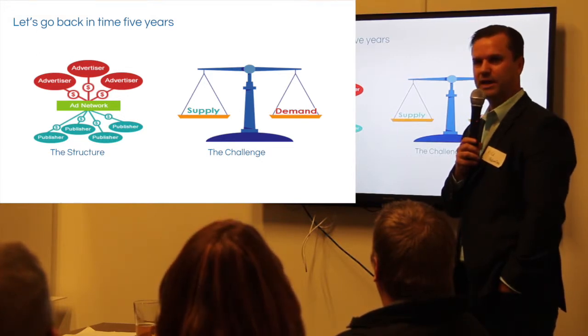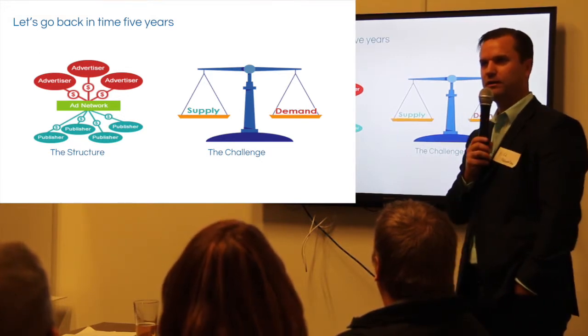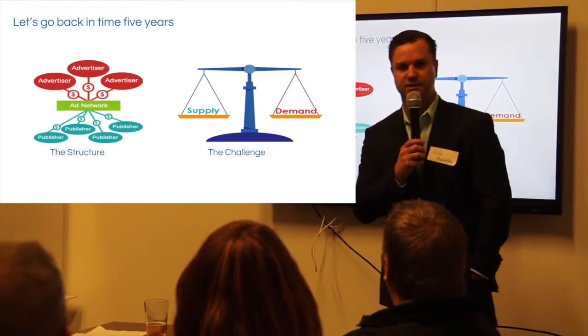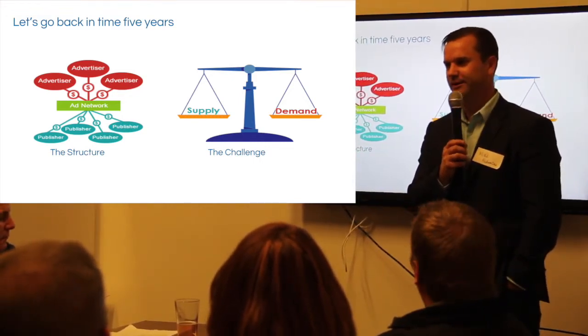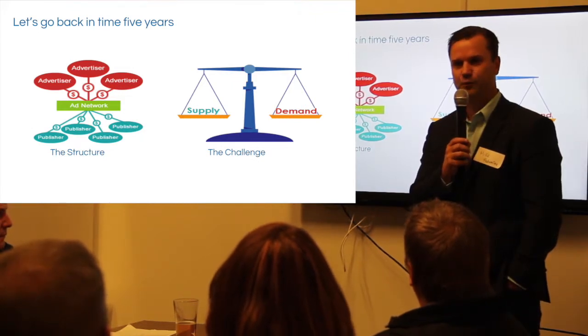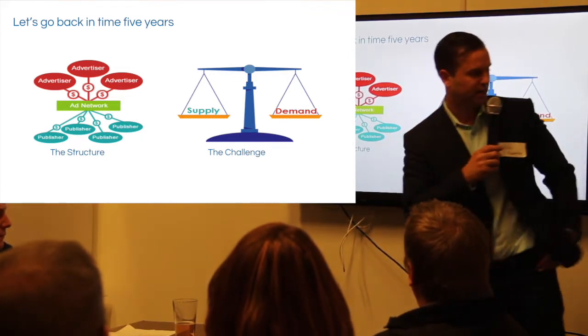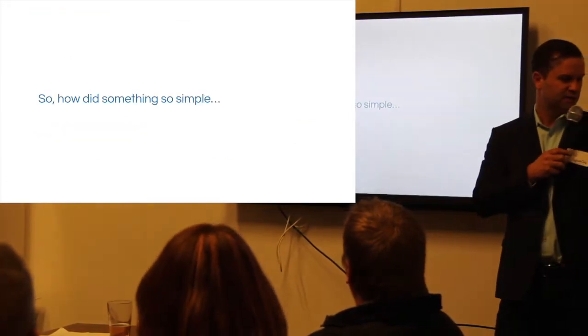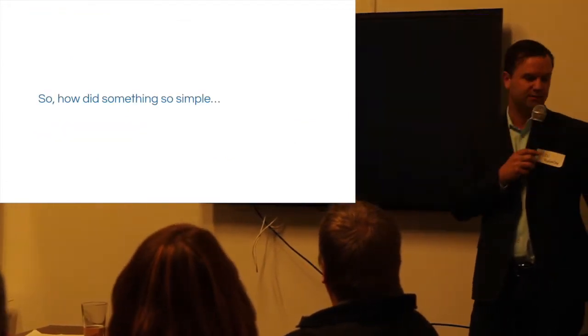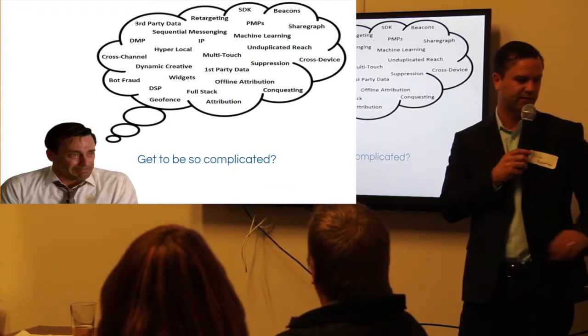To where once the demand ran out, they actually were locked in on deals with a ton of sites to where they had to start throwing up ad council banners and things that weren't making them money. So that was anything pre-5 years ago. So how did something so simple, just supply and demand, become so complex?